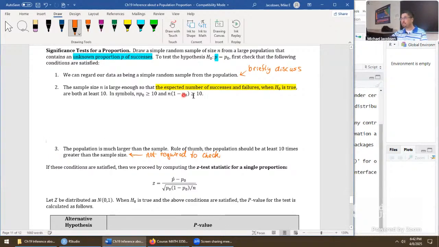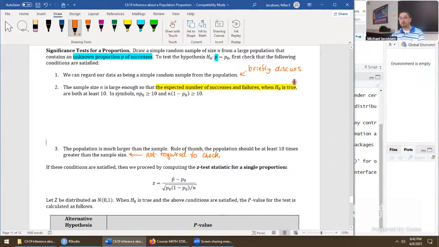And now for part 2, the thing highlighted in yellow is pretty major, actually. If we're doing a confidence interval problem, say the large sample confidence interval, we require at least 15 successes and 15 failures literally in the sample. However, this method doesn't care about how many successes or failures are in your sample. You could have all successes in your sample or nothing but failures in your sample, and it doesn't matter. The hypothesis test works if the expected number of successes and expected number of failures is actually true. When we say expected number, it means the numbers we expect.